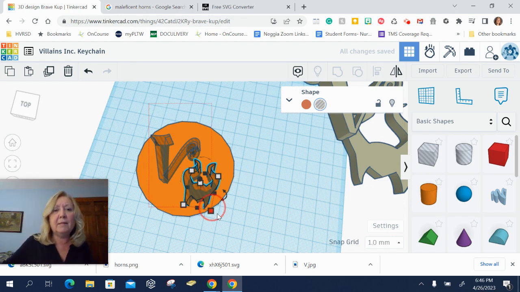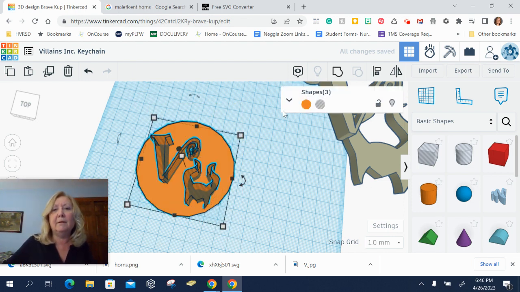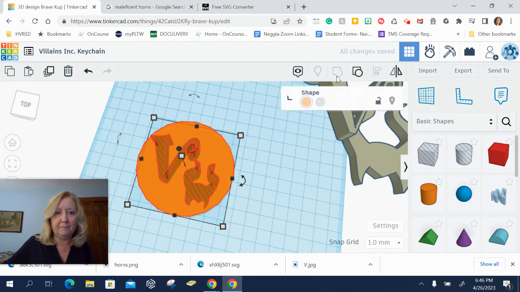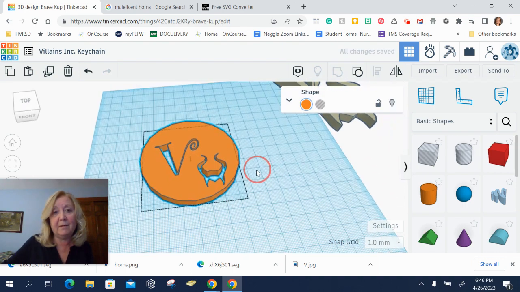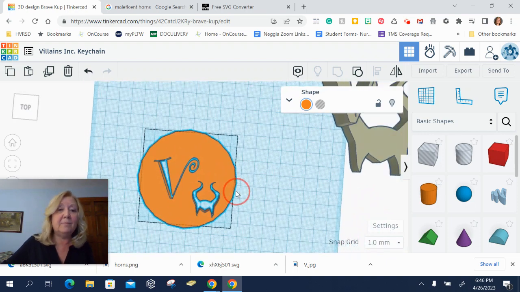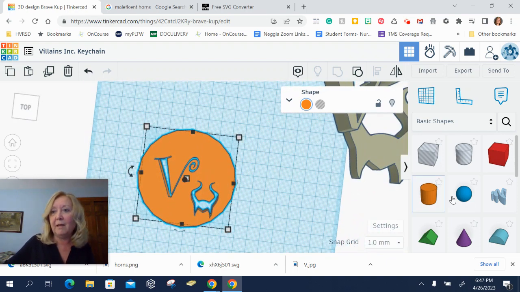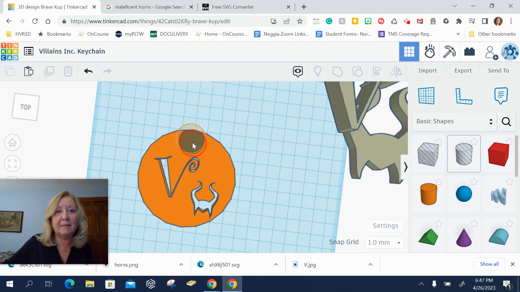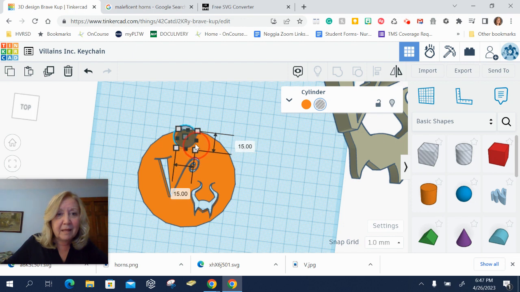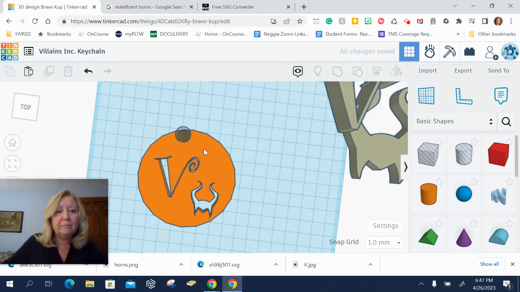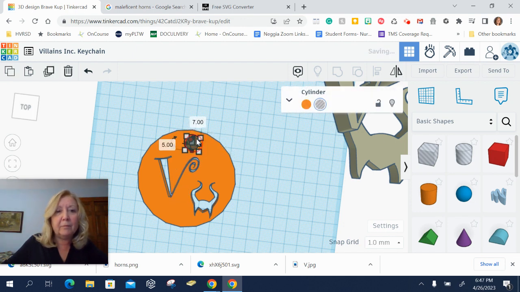Okay, so let's select the entire design and group it. Okay, and now I have cutouts in this medallion. If I wanted to make this into a keychain, I could very easily drag the cylinder or any other shape tool over. I'm going to make that loop a little bit smaller. Okay, I'm going to eyeball it and move it here, but I want to get it in the center